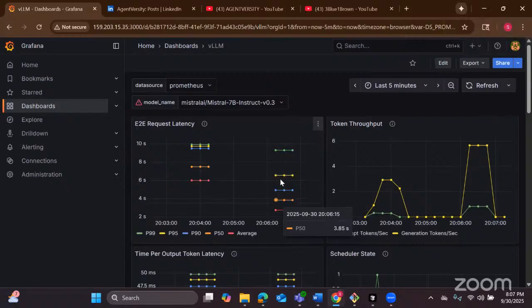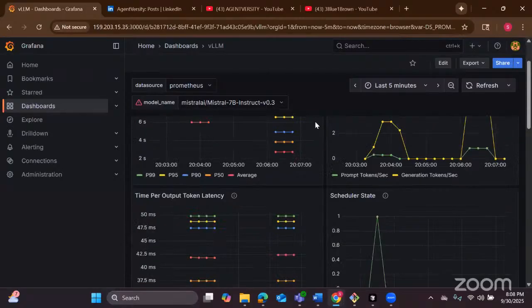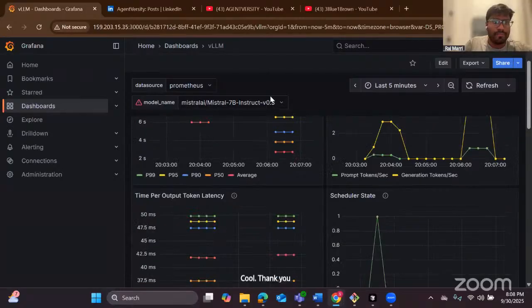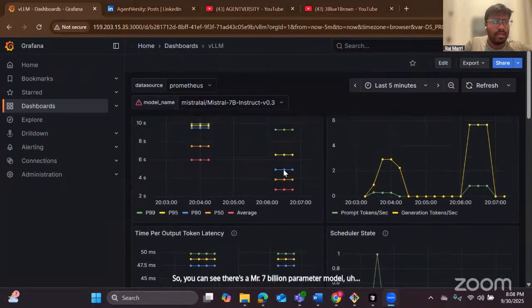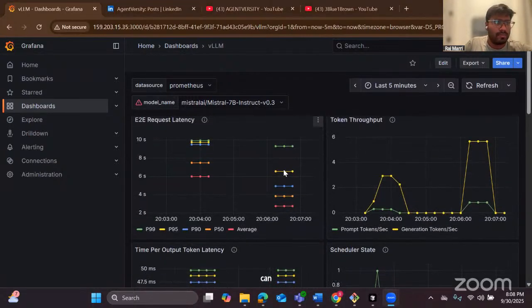So yeah, these are the latest metrics. It is on 8:07 p.m. Sure. Thank you. So you could see this Mistral 7 billion parameter model can